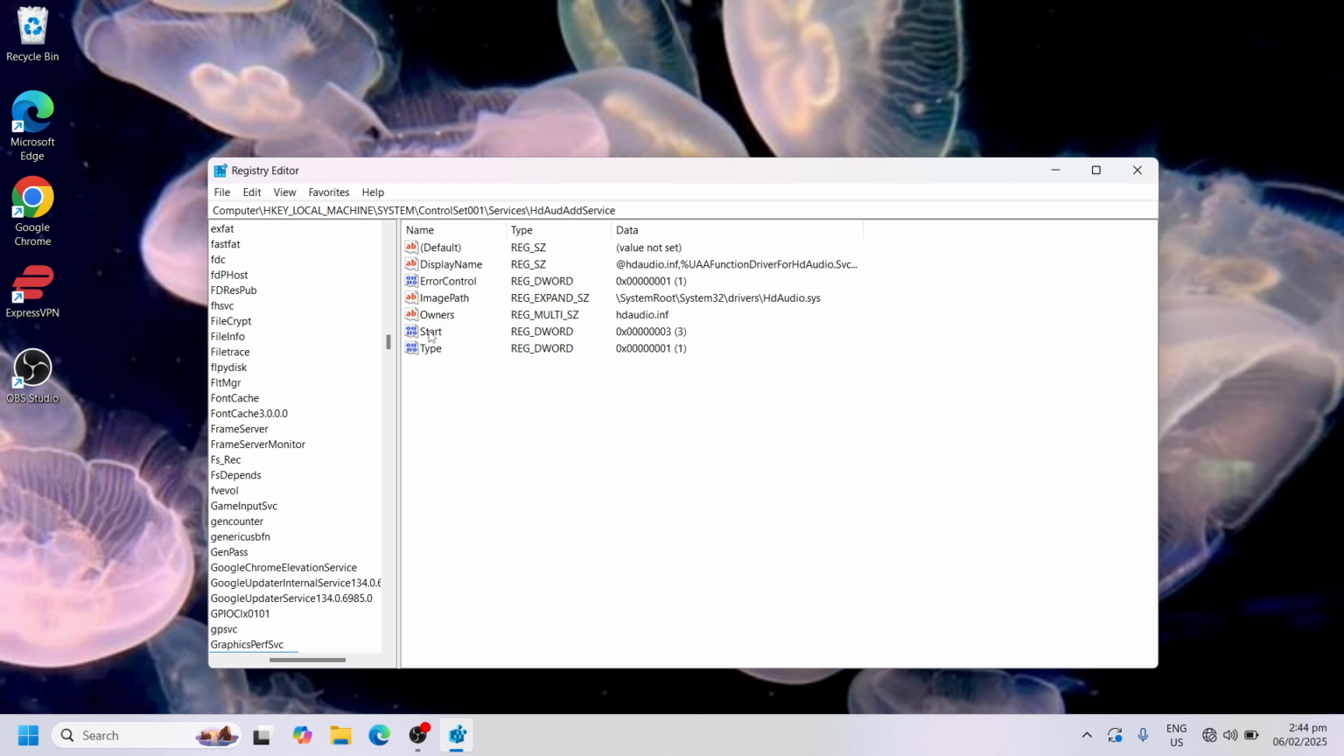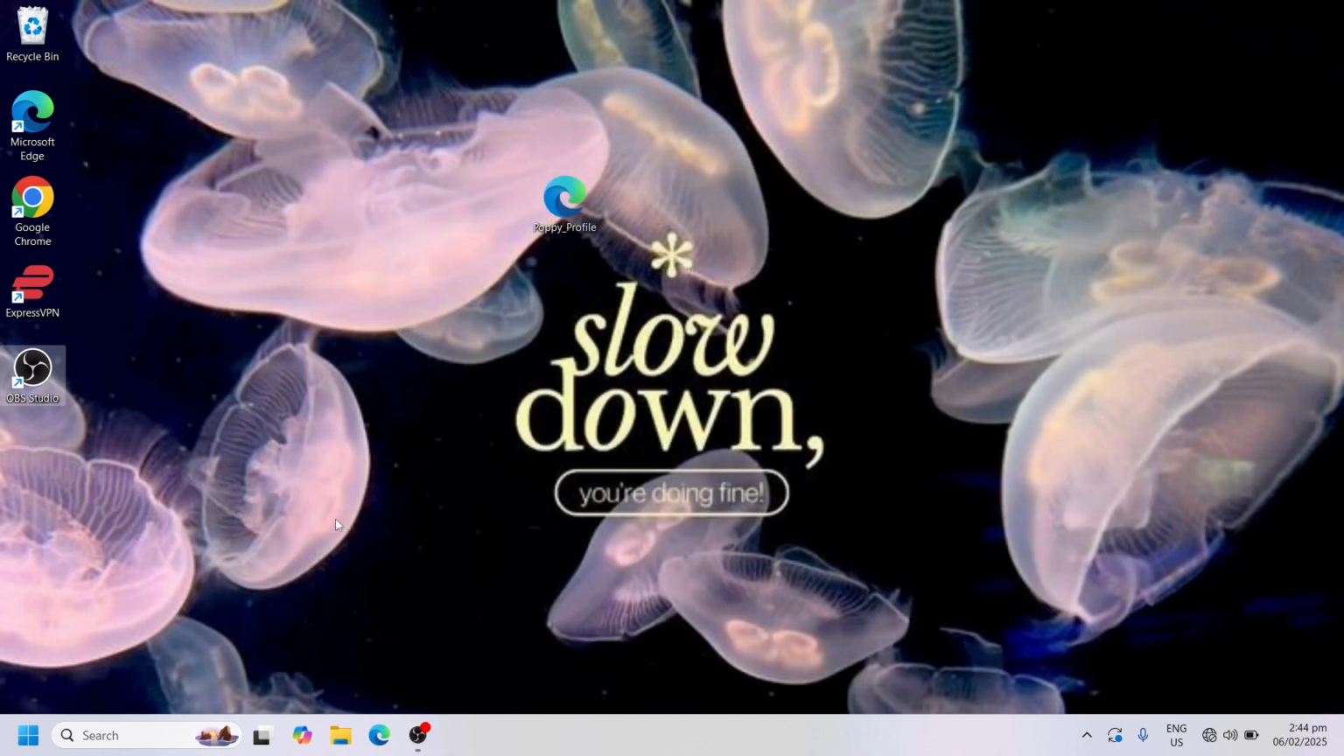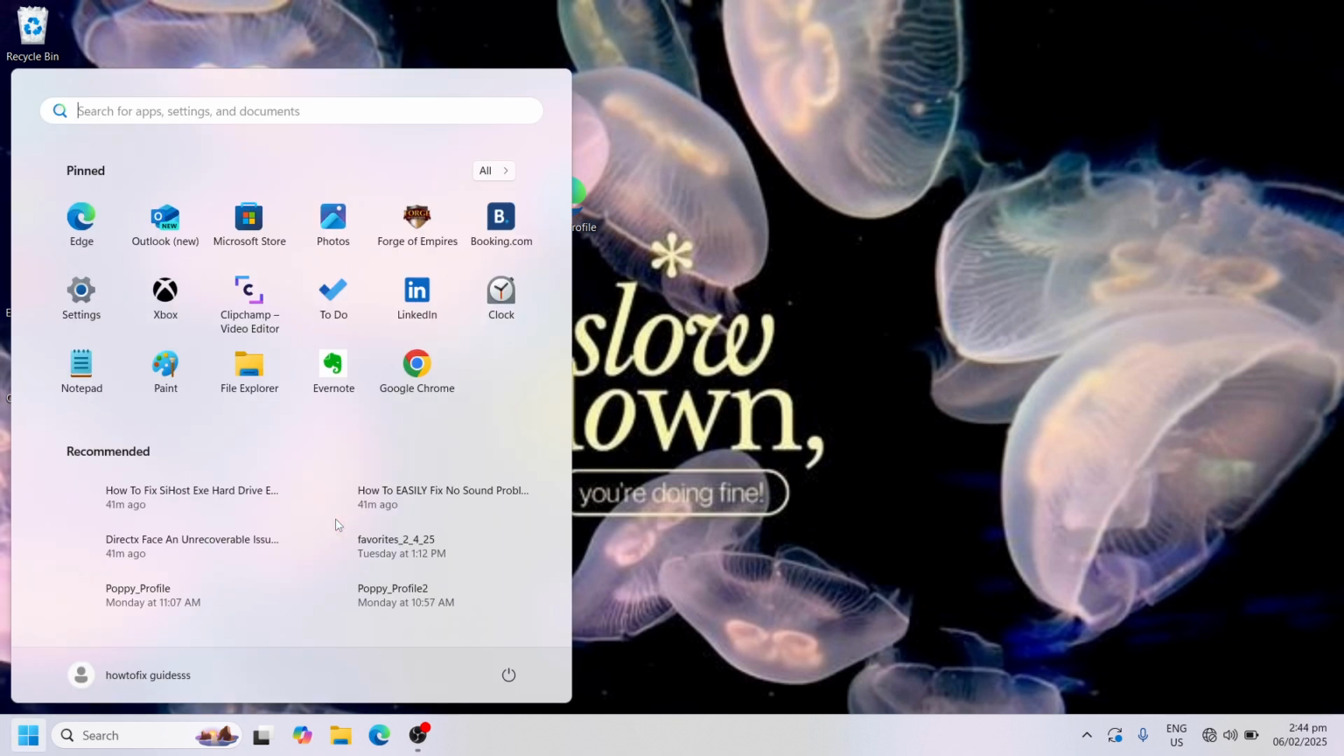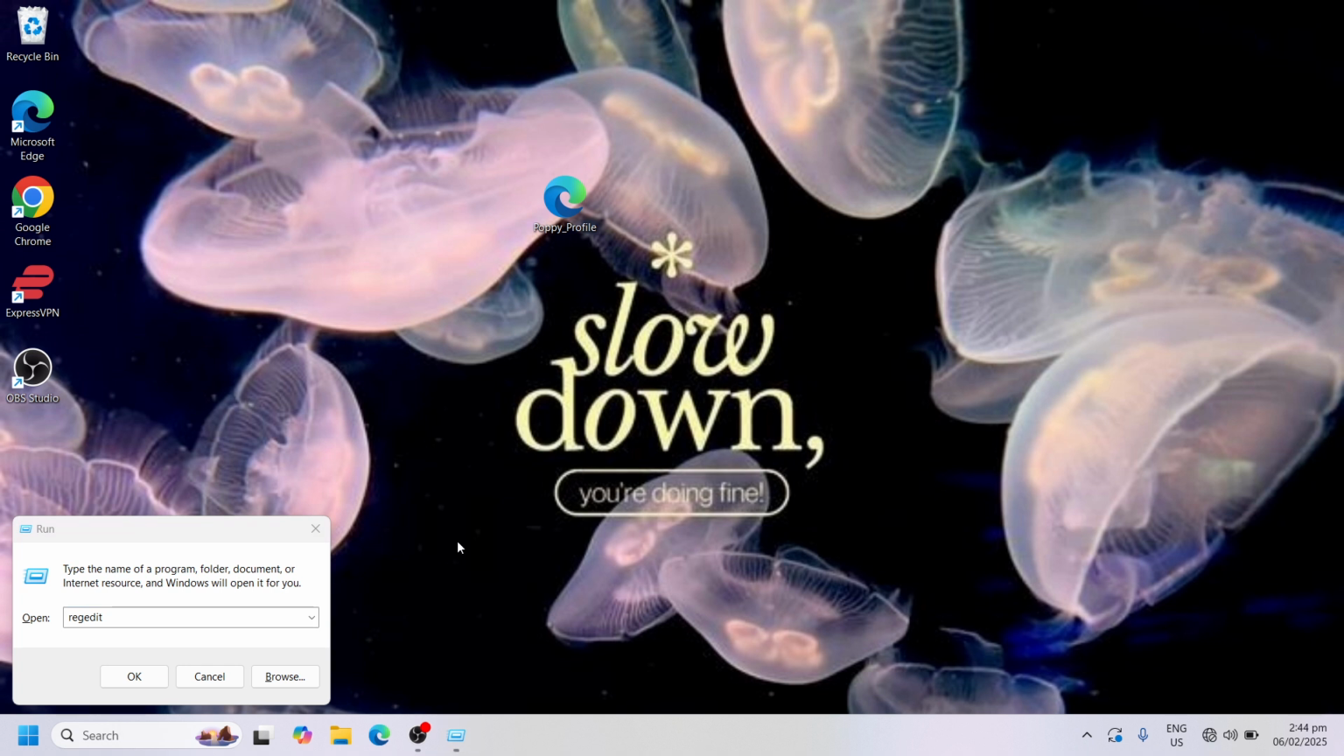Just simply click on start and then do a right click and then go to modify. Okay? After that, you need to go for run again. Just simply do Windows and R key together and then type CMD